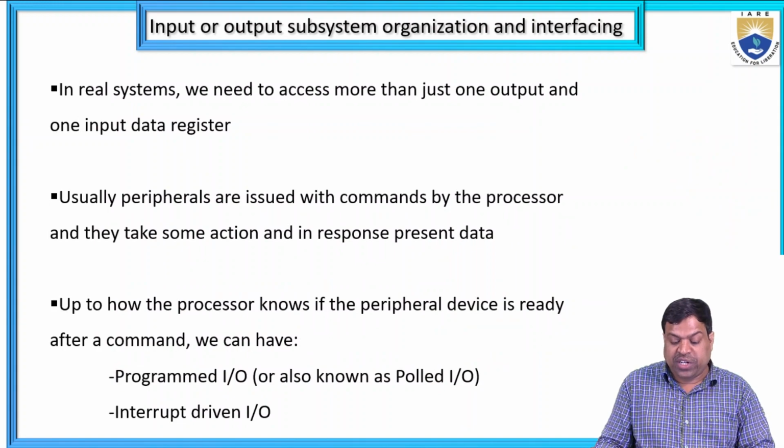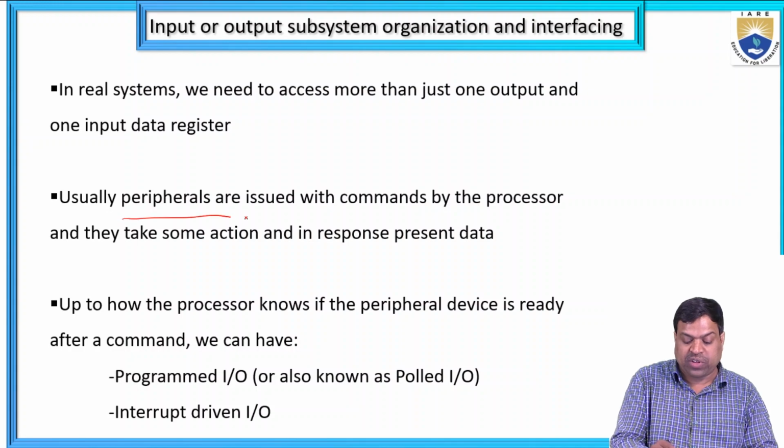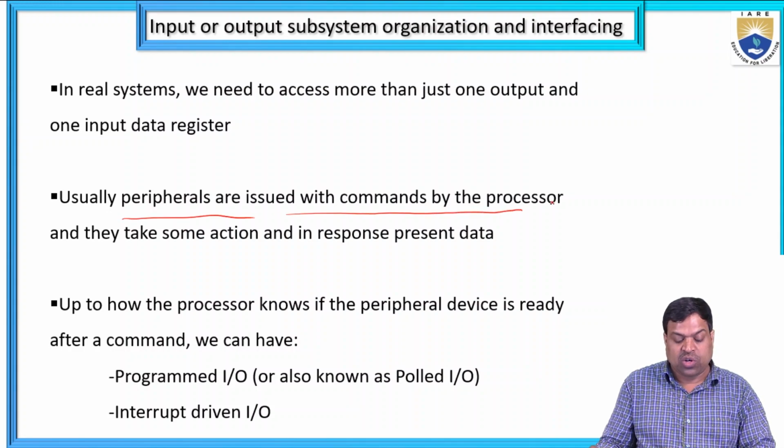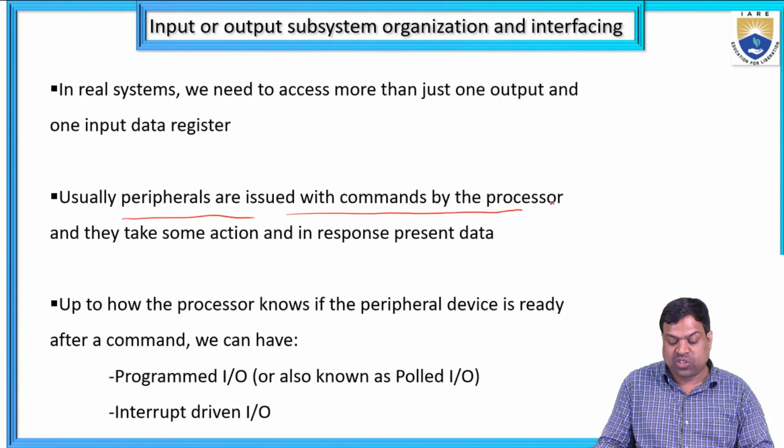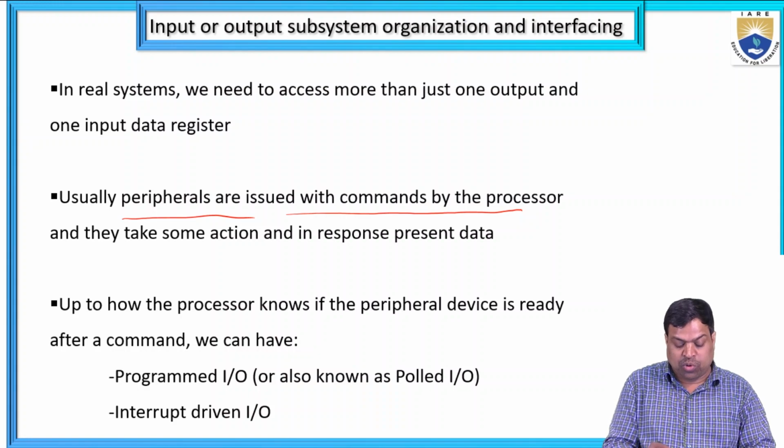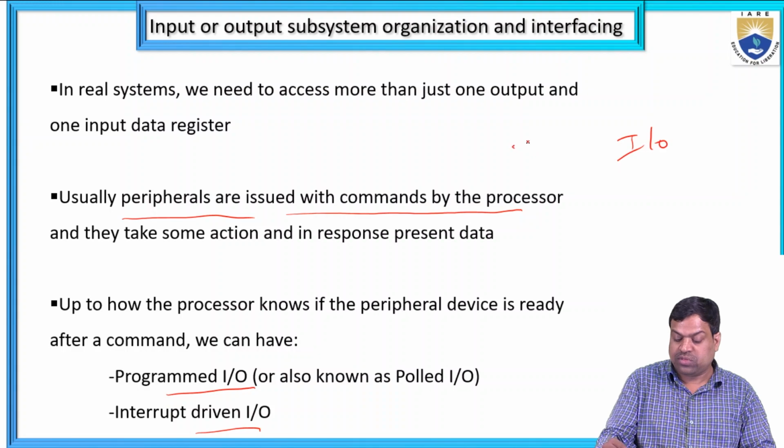In a real system, we need to access more than just one output and one input data register. Usually peripherals are issued commands by the processor and they take some action in response. How does the processor know if the peripheral device is ready after the command? Programmed input output, interrupt driven input output. So there are types of